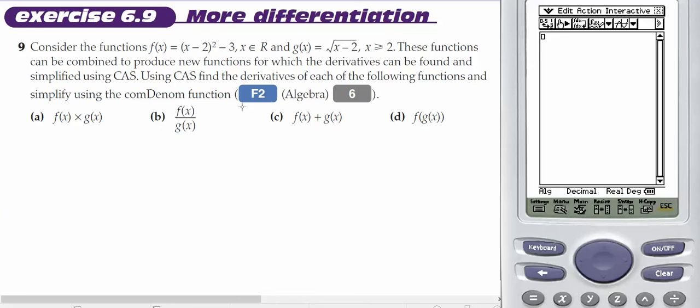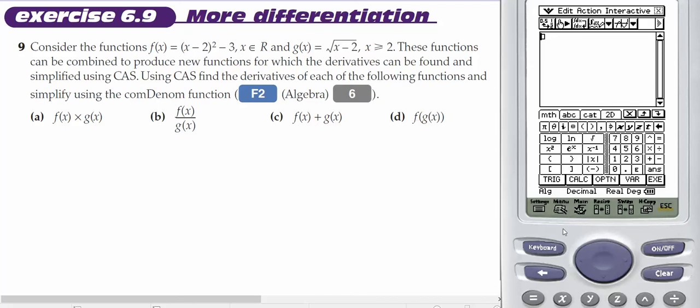improper fraction, or in the interactive part, where they're multiplied, where they're divided, where they're added, and where one is inside the other. Okay, so I'm going to define these functions. So on my calculator, bring up my keyboard, and I'm going to type the first one, which is bracket, and inside x minus 2 squared minus 3,